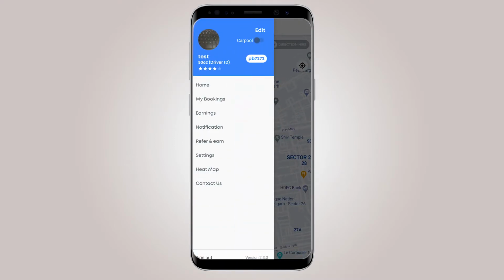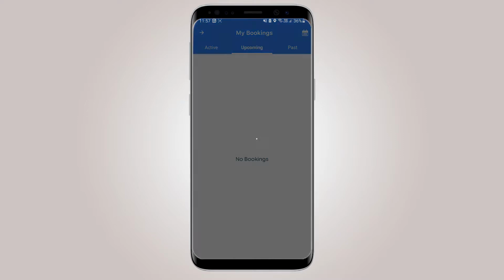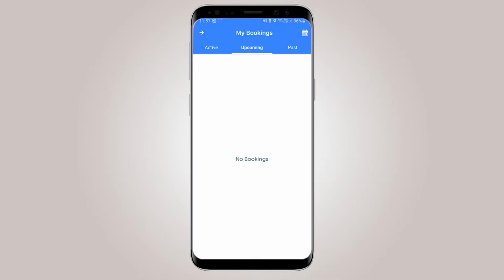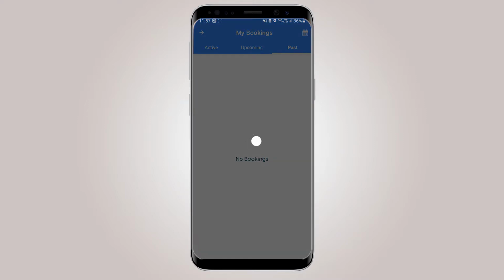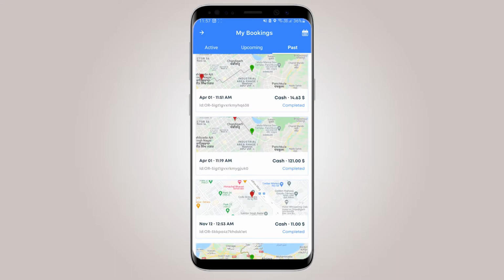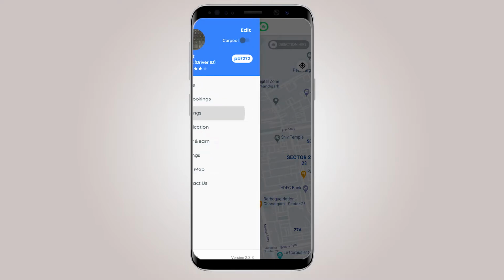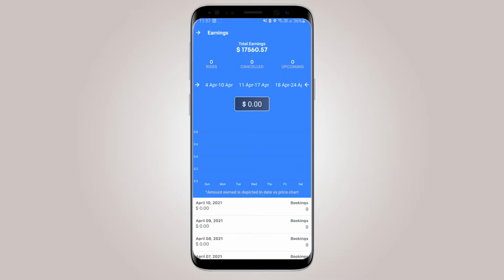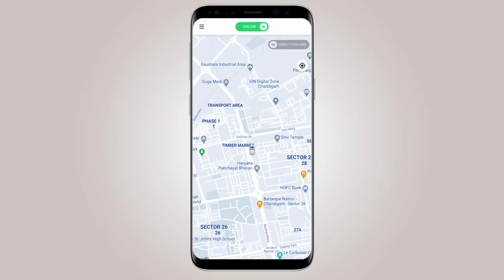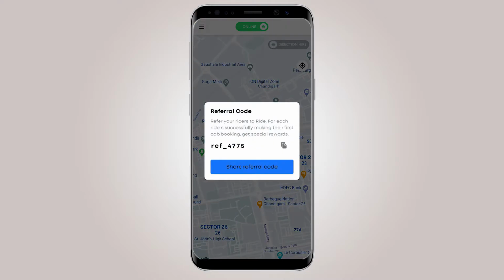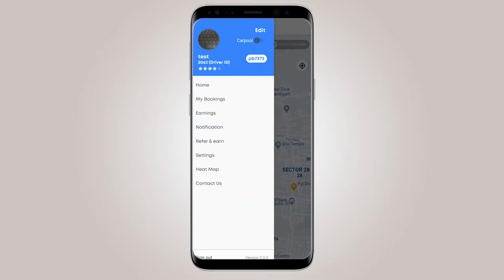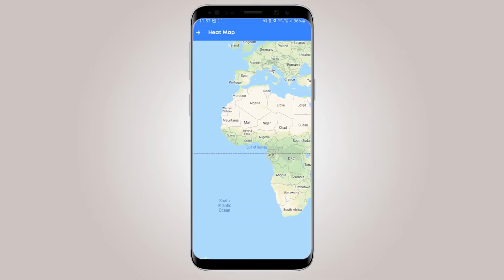The driver can see his bookings, his active bookings, his upcoming bookings, and past bookings, and how much he has earned from these bookings. And there are earning reports, how much exactly he has earned so far between this time period. And there is a refer and earn for drivers too. There is a heat map option, which is